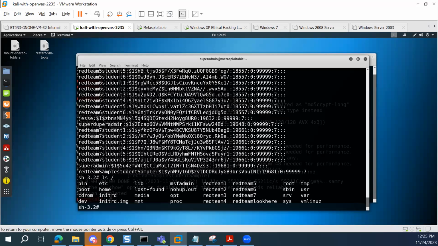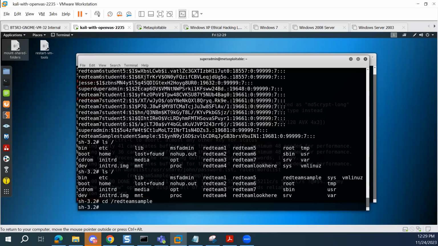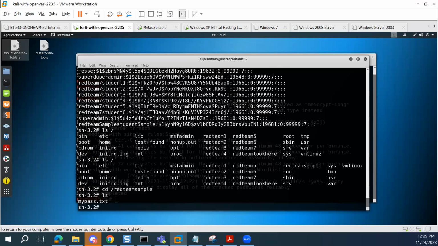And what we're going to do is go into the folders based on what your group is. So in my case, I'm going to go into red team sample. Remember to put that / in front of your directory name. So you have to go in based on your team. All right. And then once I get in there, I will look at what's there. And there's a file. Now, if I cat the file to see what's in there,